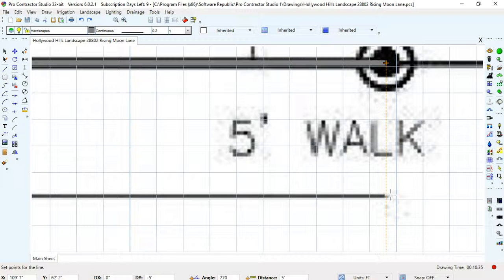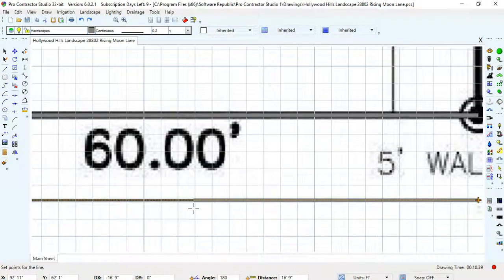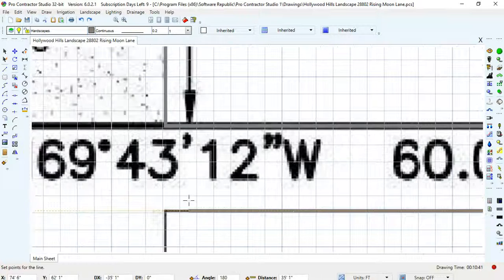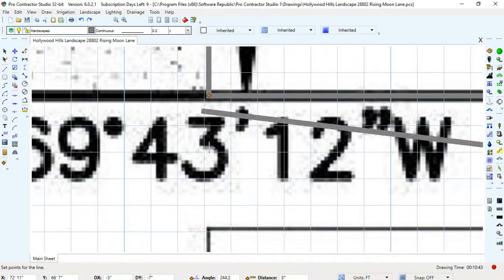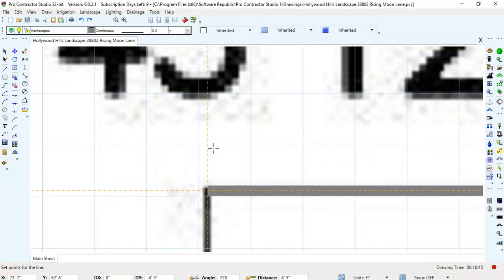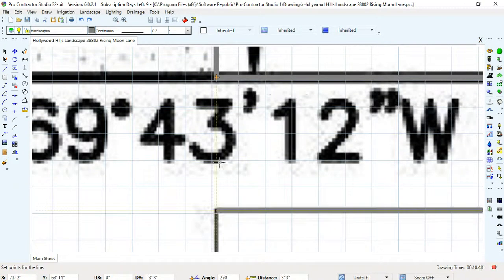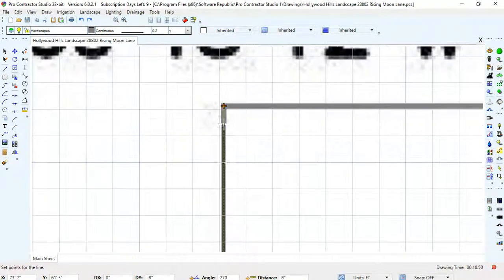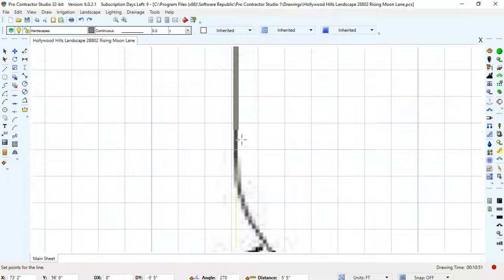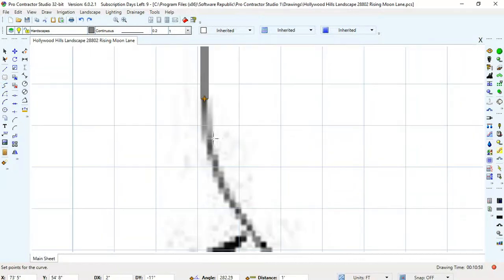Now go back to the line. I hit enter to finish that line, so I started right there using those snap points. What I like to do is get an anchor point, because I'm really quick at it now, so I can set up an anchor point right there to make it line straight up. Go down, leave it there, hit enter to stop it, and then I do a curve because we're about to